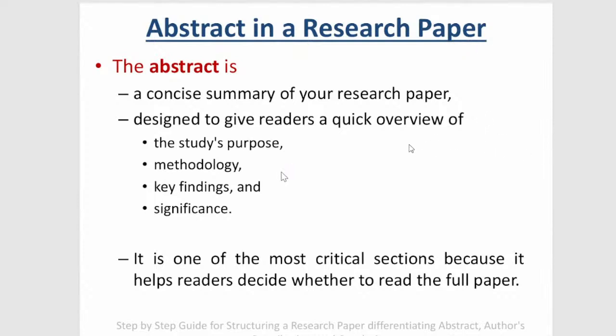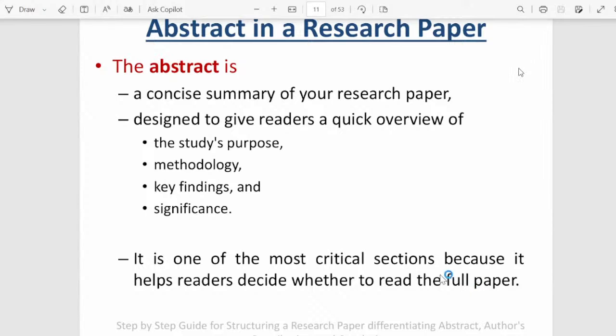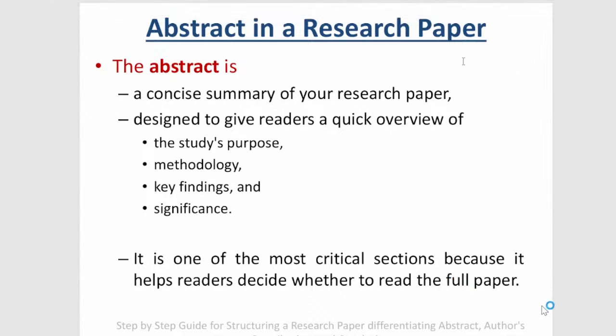After the title and keywords, the next important topic is the abstract. The abstract is one of the most important parts of our research paper. It reflects a concise summary of our paper. It is designed to give readers a quick overview of the study's purpose, the methodology, the key findings, and the significance. It is one of the most critical sections because it helps readers decide whether to read the full